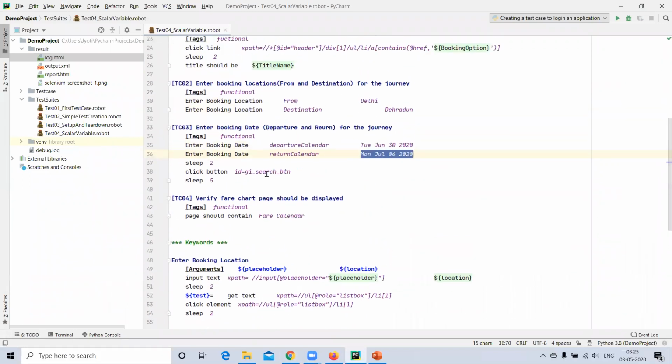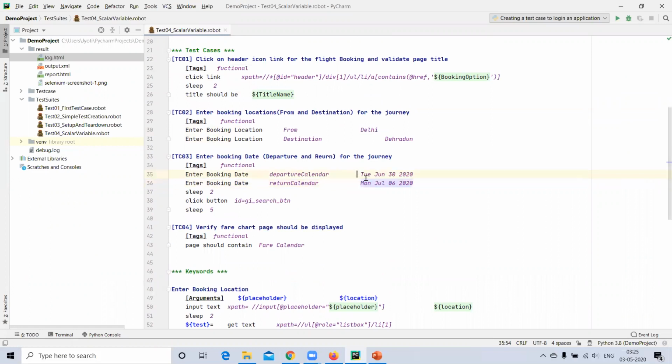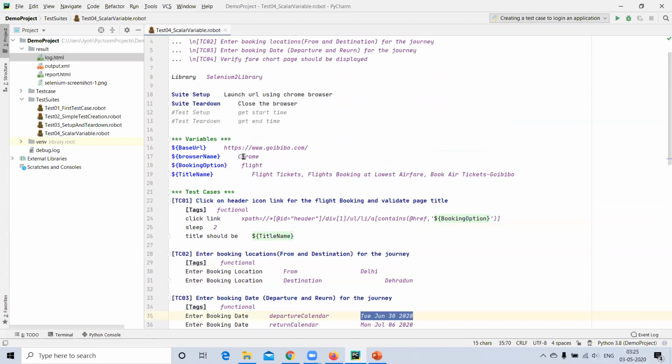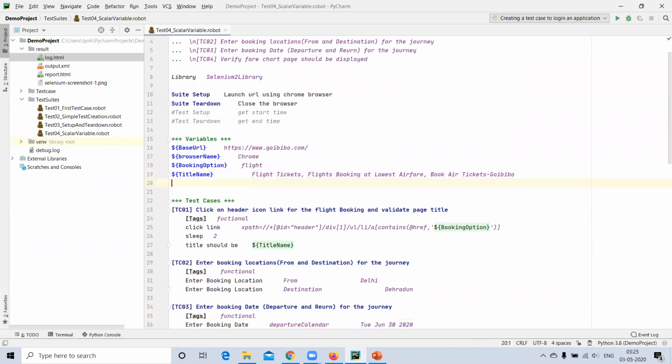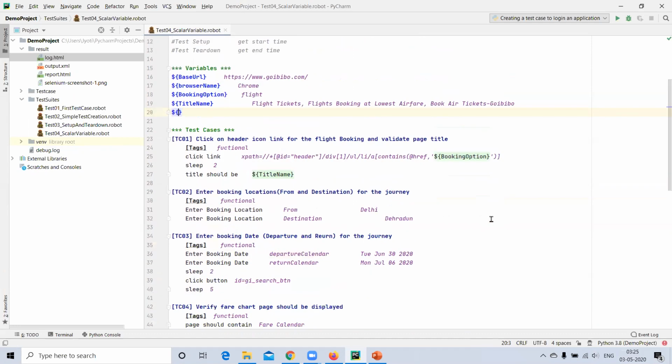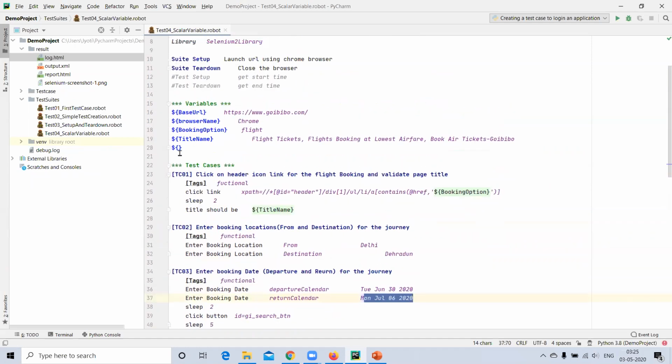Guys, if you don't want to pass the date values in the test case, you can also create a variable to pass the value in this section. If you don't want to pass the dynamic value, you can also create a scalar variable for departure date and return date in the variable section.